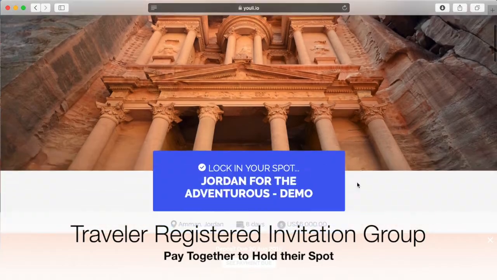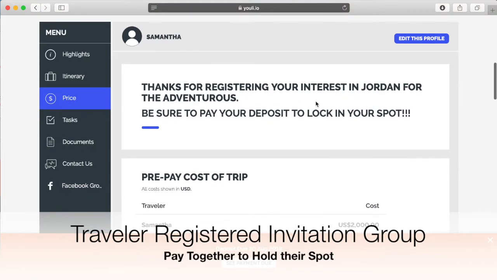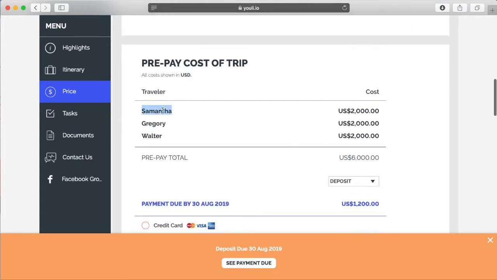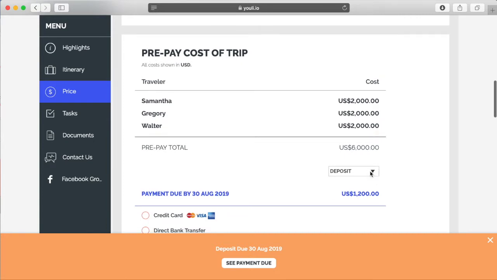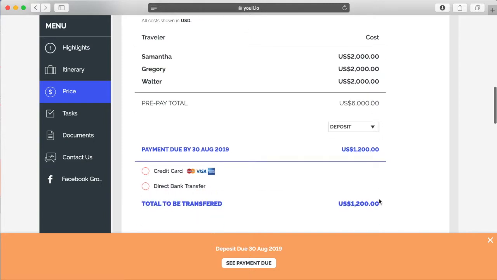Once they have registered the names, Samantha will be given the opportunity to pay her deposit. Of course, this is customized text prompting her to lock in her spot by paying her deposit. Here we can see Samantha, Gregory, and Walter are all shown together. They all have the default trip total. Remember, this only works if your trip price is finalized. The deposit has been set and is automatically calculated for the number of people that has been registered at this point in time. So she can pay the $1,200 right now and lock in her spot for all 3,